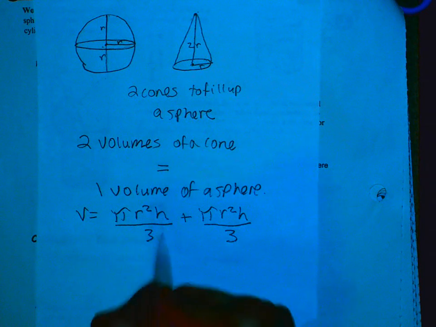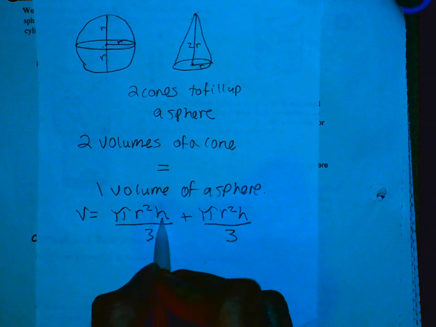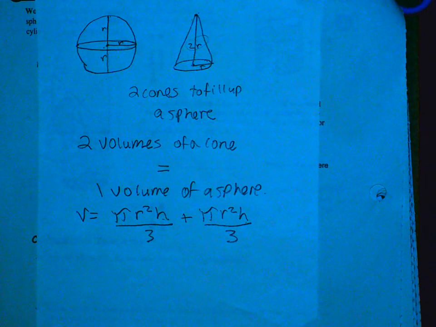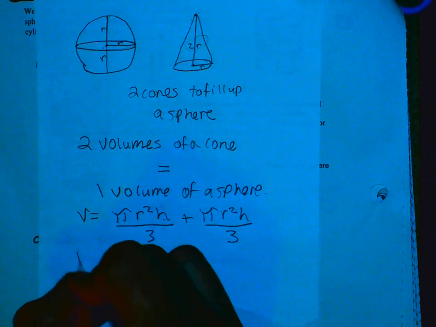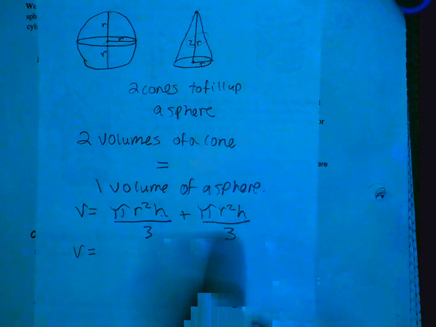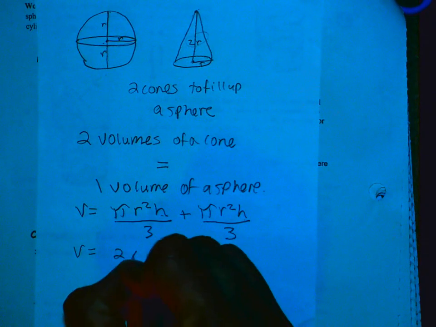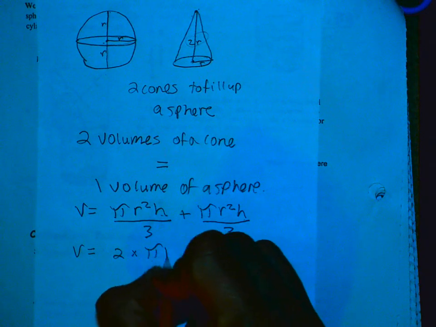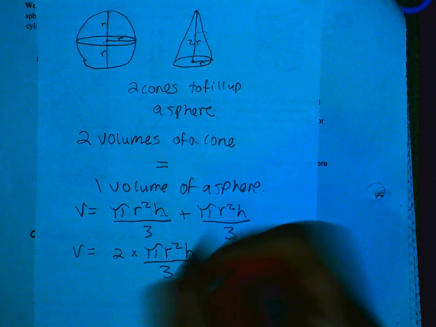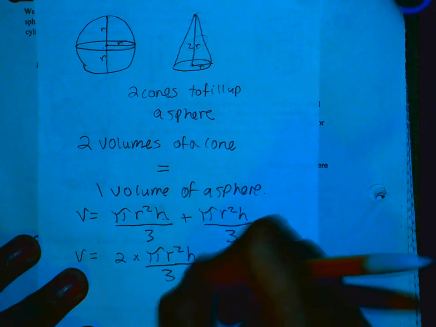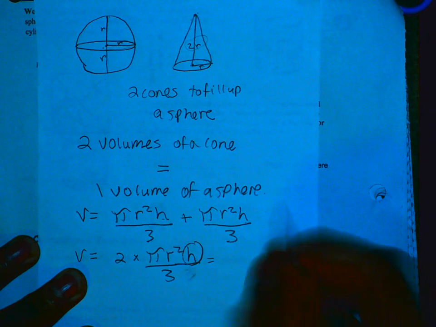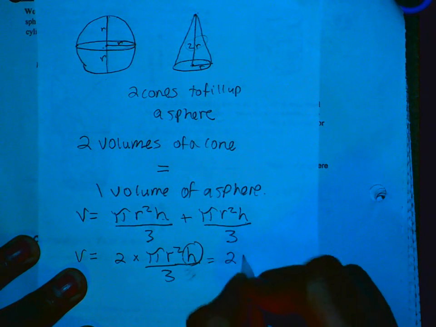Now, the only difference is that in this case, h happens to be the height, which is the distance of 2r. So we're going to replace that h with 2r. Before we do that, let's do this. I have two of the same values. So that is 2 times pi r squared times h, all divided by 3. If you were to replace this h with a 2r, I would have 2 pi